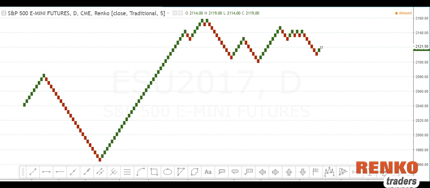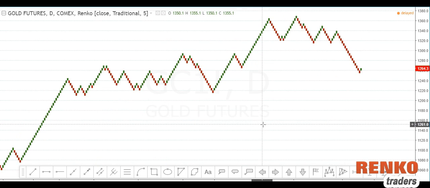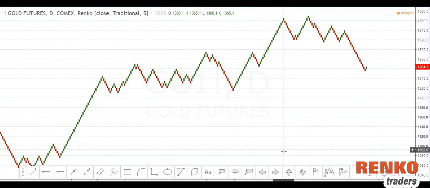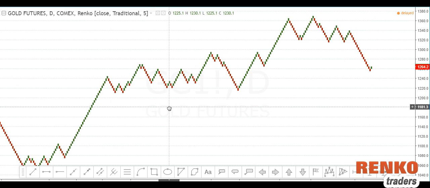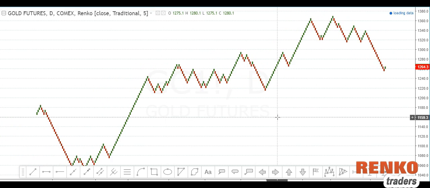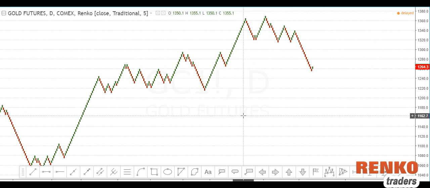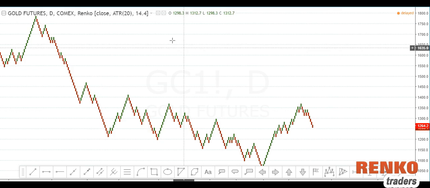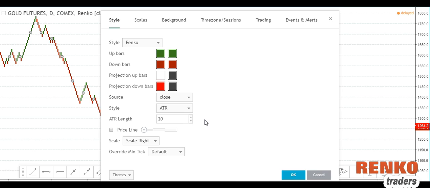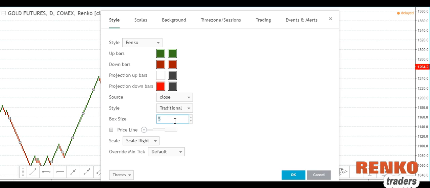Let's take a look at a couple of commodities. Gold futures, GC1. Now gold, you can pretty much play along with the box size that you want. This is the chart that I get for a 5-point gold futures chart. That's GC, not to be confused with the spot gold, which is XAU/USD. Let's go to the ATR and it shows 14.5. So switch back to traditional and start